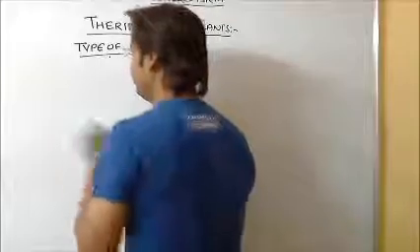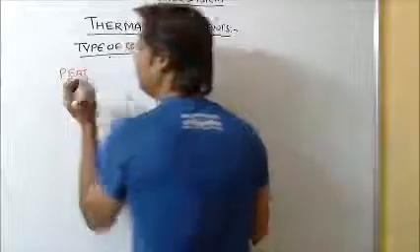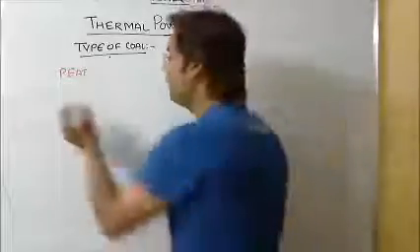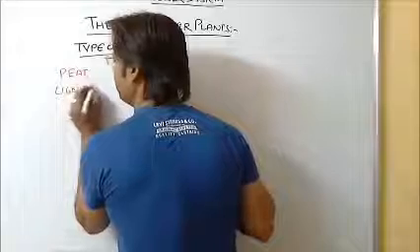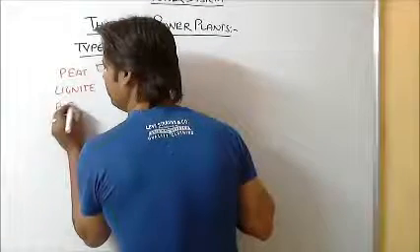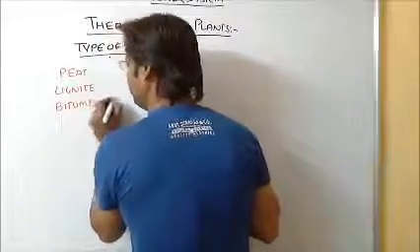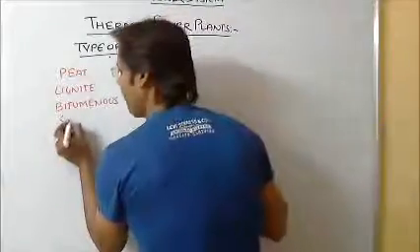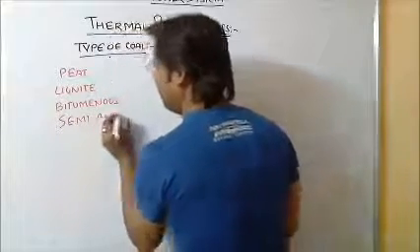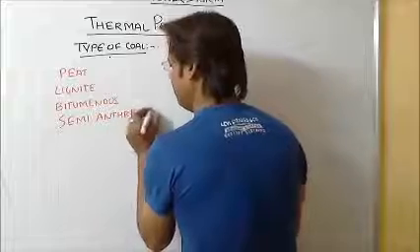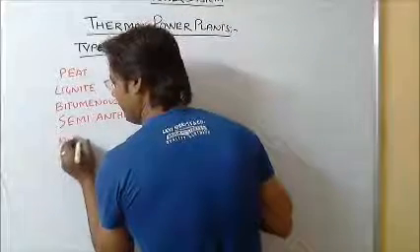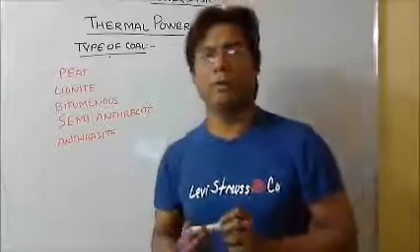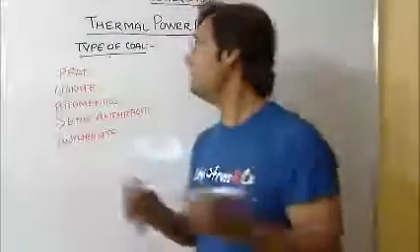One is called the peat. Another is called the lignite, then the bituminous, then the semi-anthracite, then the anthracite. So peat, lignite, bituminous, semi-anthracite and anthracite. These are the 5 types of coals which we are using in thermal power plants, and peat is the origin